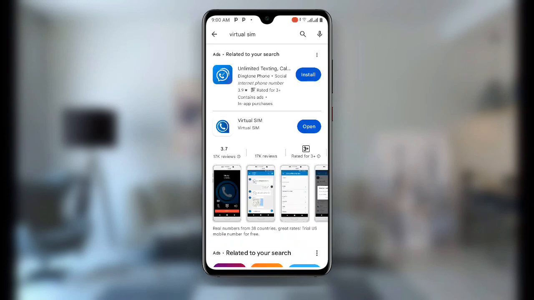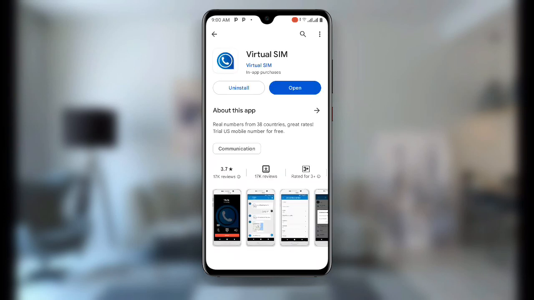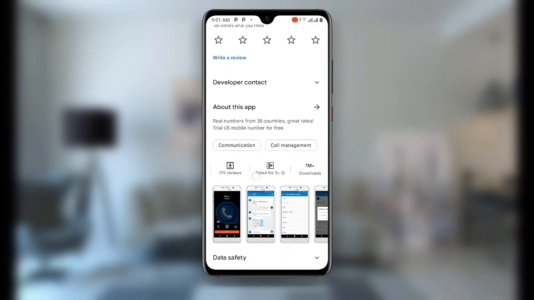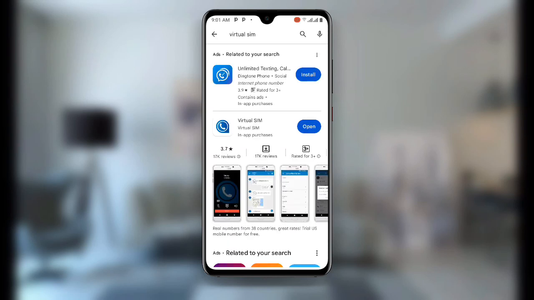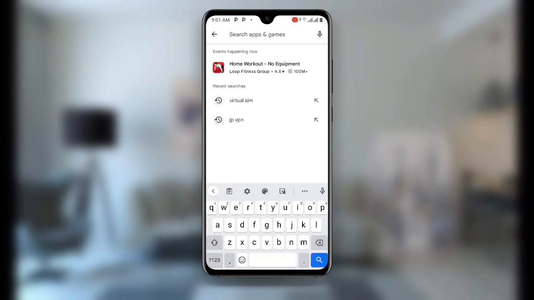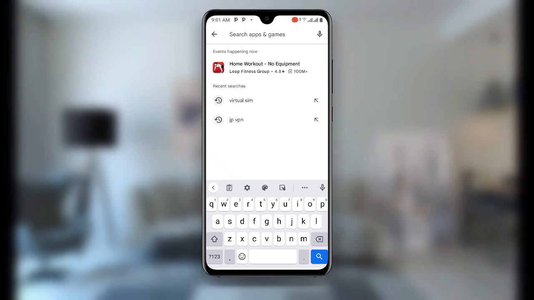If you already have it but it is not updated, make sure it is updated to the latest version. It has more than 1 million downloads. Now all you need to do is download this application. Once you have downloaded it, the second application that we're going to use in this video is